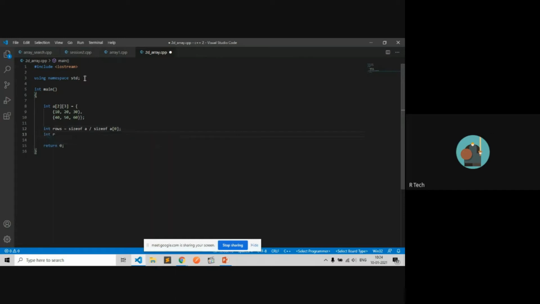Integer rows equals sizeof the first row divided by sizeof what we are storing here as a single value, an integer. So let's divide by sizeof integer.